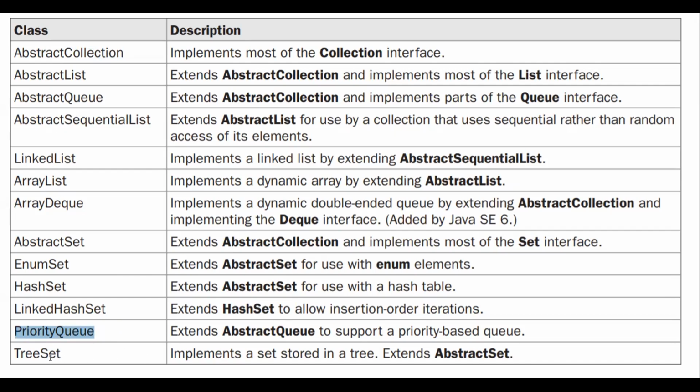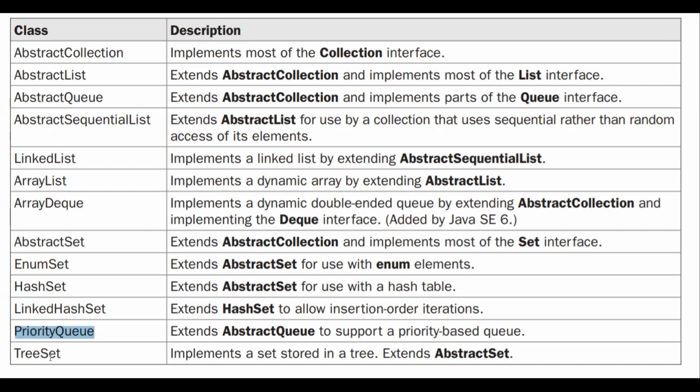Tree set implements the set sorted in a tree by extending the abstract set. These are the summary of the classes. In addition to these collection classes, there are several legacy classes like vector, stack, hash table. They have been re-engineered to support collections.